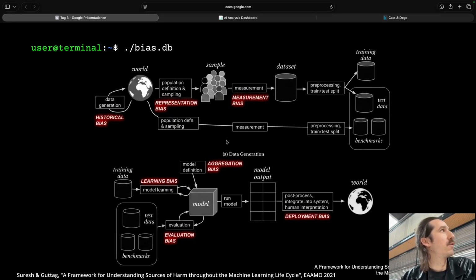So we have this pre-process of how to collect data first of all, and the certain stages where bias could appear or could influence the data set. And then here we have what they call data generation, or let's say the training and the validation of the model. And most of the time, you train a model on a data set. That's the first part. And at the same time, you always run it against a data set the network has never seen before. That's our validation data set.